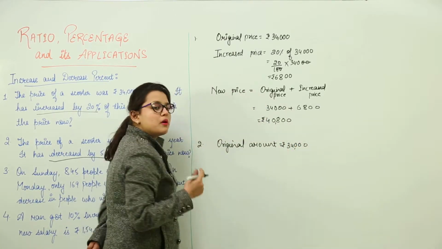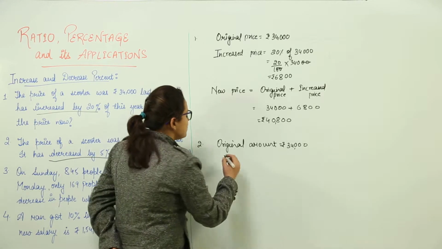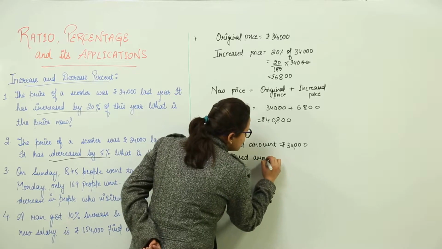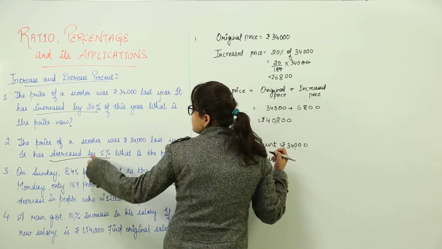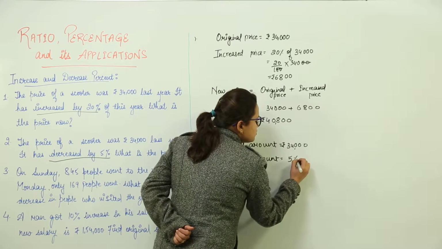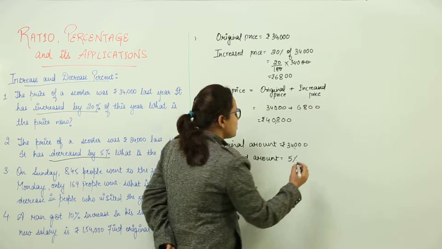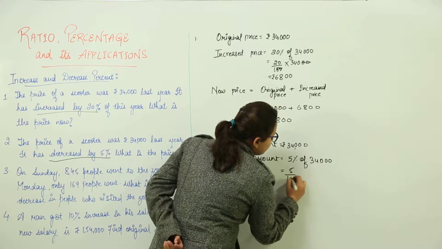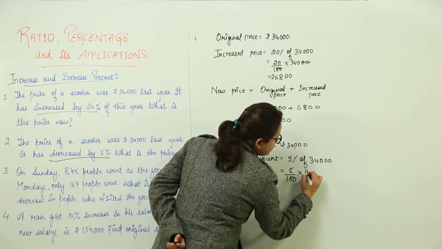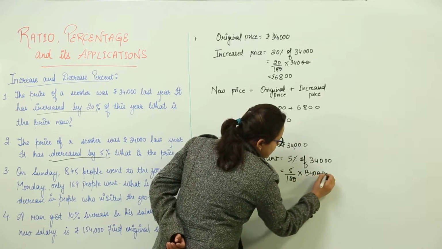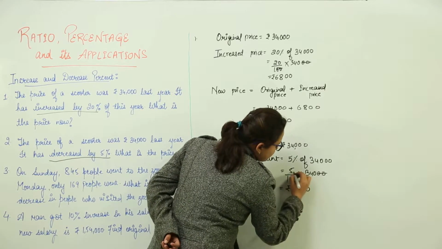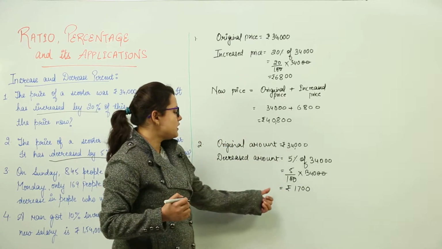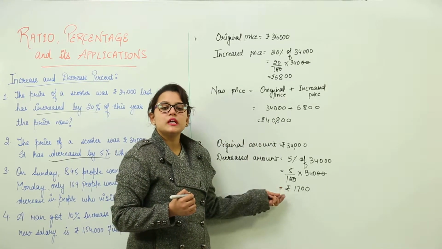Now over here the amount is getting decreased by some percentage. So we will be required to write the decreased percentage. So I will write the decreased amount that would be equal to, how much was the percentage? 5%. So the decreased amount would be 5% of the original amount, that was 34,000. Now to find this out, we would make 5 upon 100 into 34,000. Now the zeros get cancelled. What are we left with? 0, 5 4s are 20, 2 carry, 5 3s are 15 and 17. That means 1700 is the amount which is getting decreased.